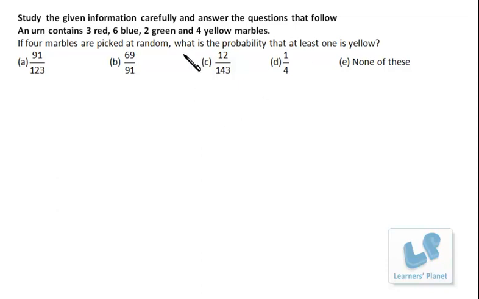So how do we do that? In all there are 15 marbles. We have to select 4. So it's 15C4. These are the total number of cases, and we have to select the 4 marbles out of non-yellow marbles, that is 6 and 3, 9 and 2, 11. So we have to select all the 4 marbles from the remaining 11 marbles, that is non-yellow marbles. And if these cases we subtract from 1, so in the remaining cases at least one yellow marble will be there, because we are deducting all the possibilities of non-yellow marbles.